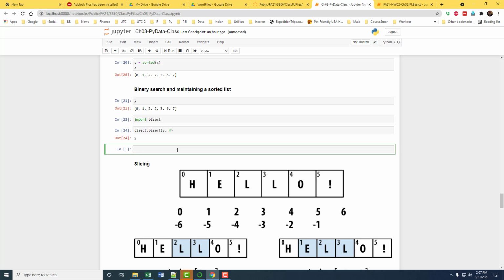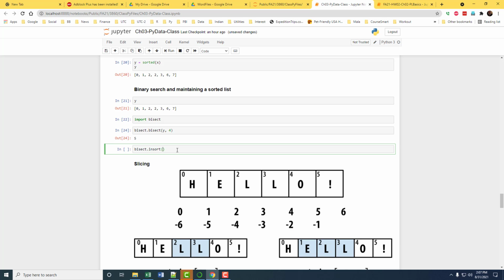What we need to do to insert is bisect, and we have what is called insort. So insort, order.